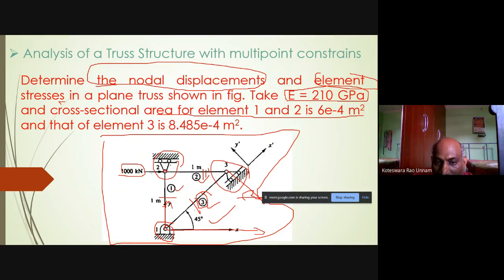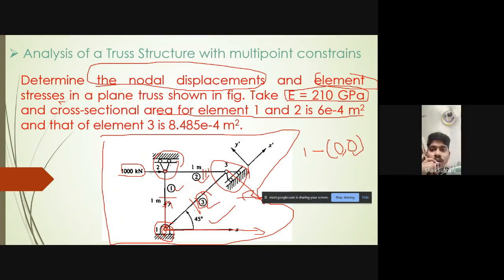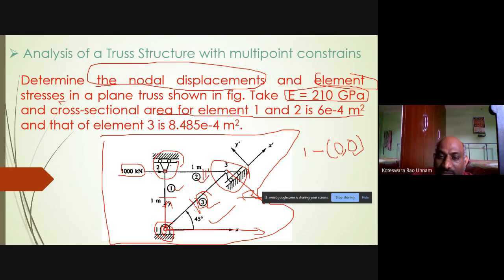Let us say I'll fix the origin here. You can see he has shown the xy coordinate system here. That means at node 1 I'll fix the coordinate system. Then what are the coordinates for node 1? 0, 0. It is a plane problem, so I don't talk about the z values. I will talk about x and y. What is the x coordinate and what is the y coordinate for node 1?